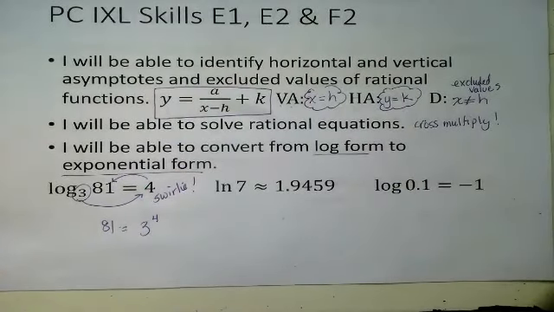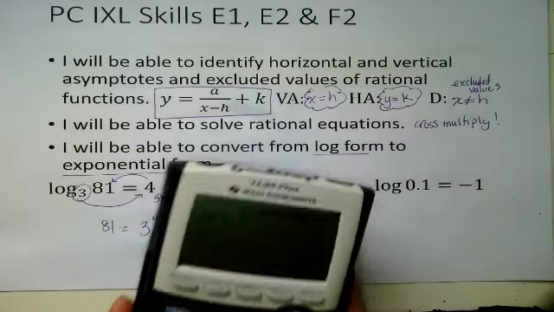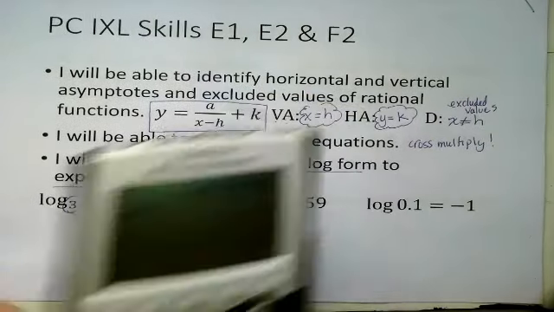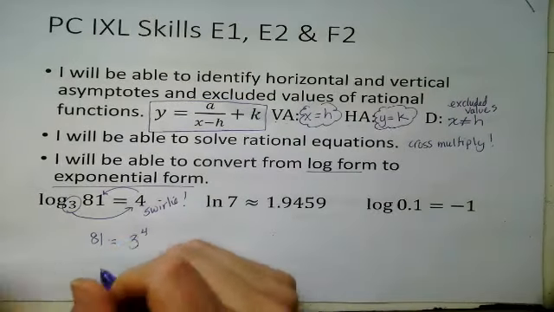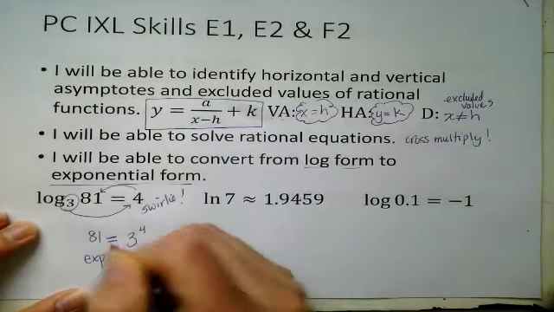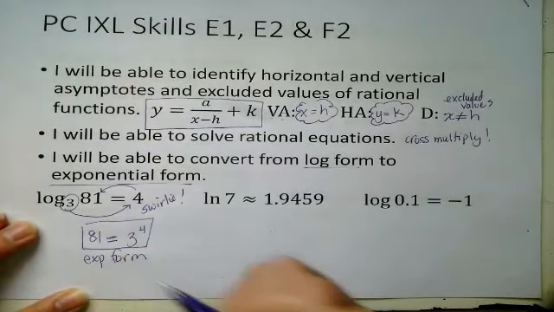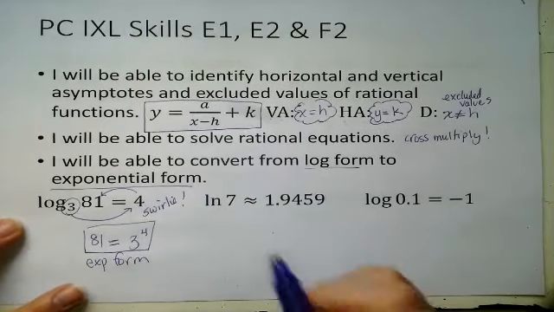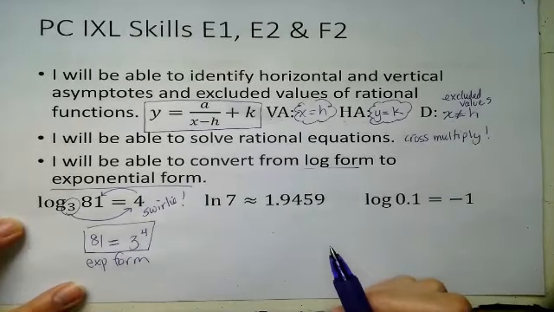And of course, you can check on your calculator, and I am doing that right now. 3 to the 4th does in fact equal 81. So yay for me. Okay, so here we are in exponential form. And you can see you're just filling in boxes on IXL. Here we have natural log,